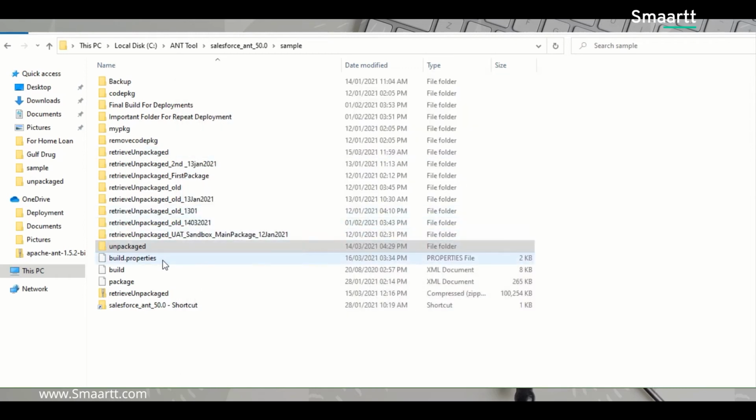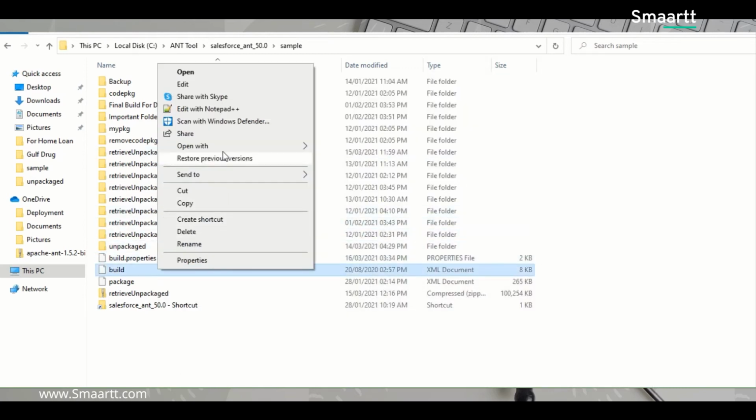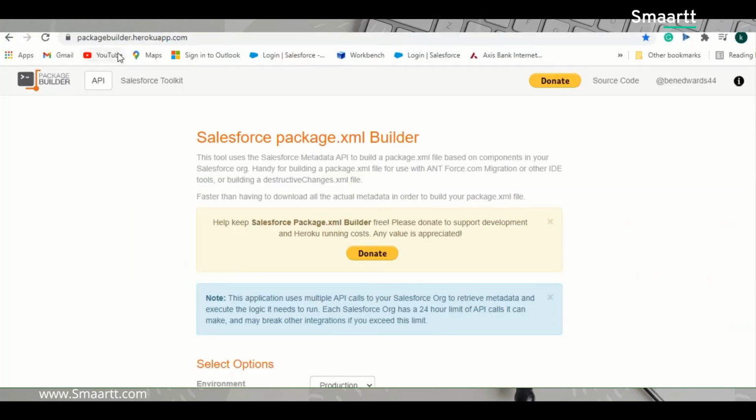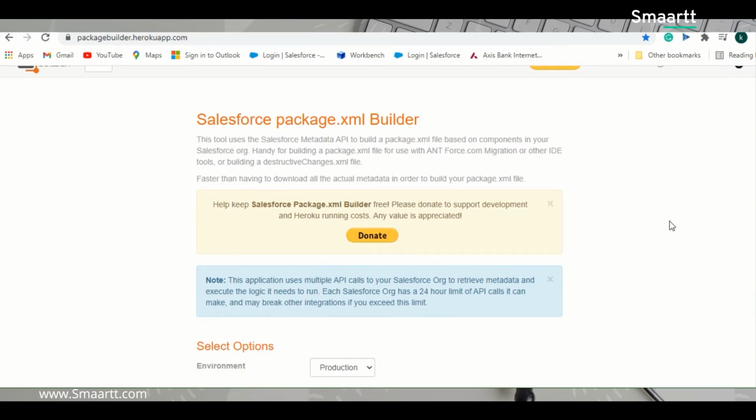Now what is my next step? To do a retrieval as well as a deployment. So my retrieval command is this, my deployment command is this. As I said earlier, we need some input. For that input we can use a Heroku tool. What the Heroku tool does is give us an input in a specified format.